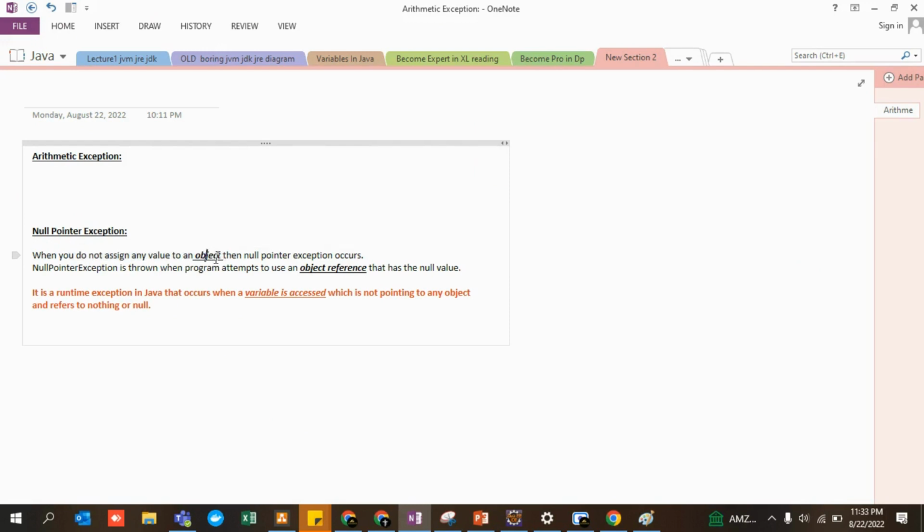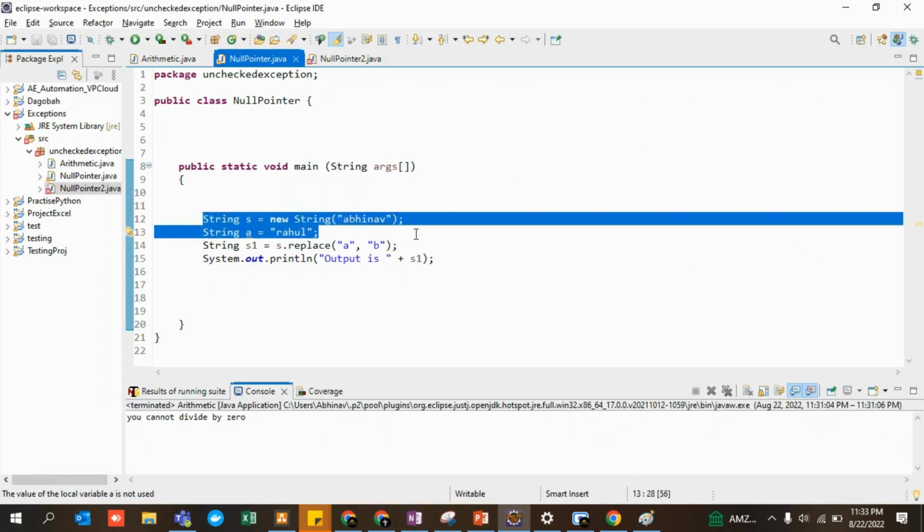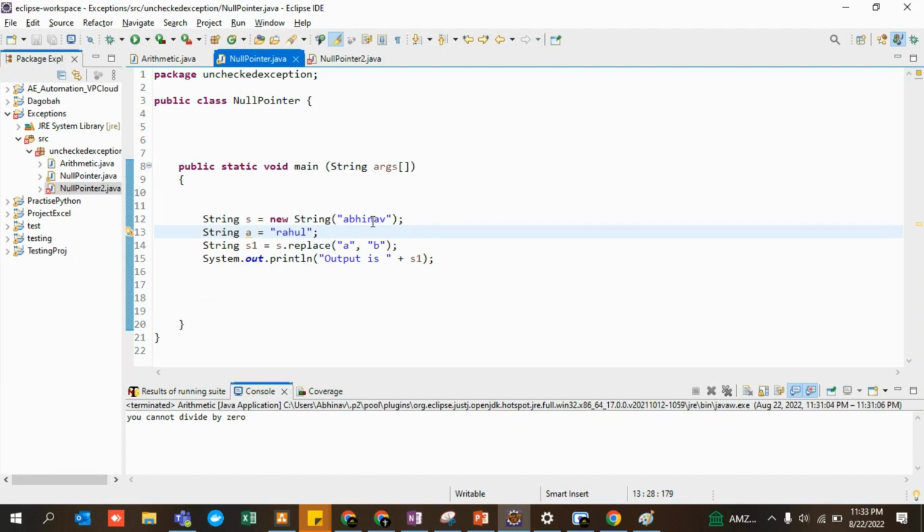I have highlighted it, marked it bold, underlined it. It means something, which is why I am laying special emphasis on this. If you do not assign any value to an object, null pointer is going to appear. So let's say this is how you create it. There are two ways of creating a string.